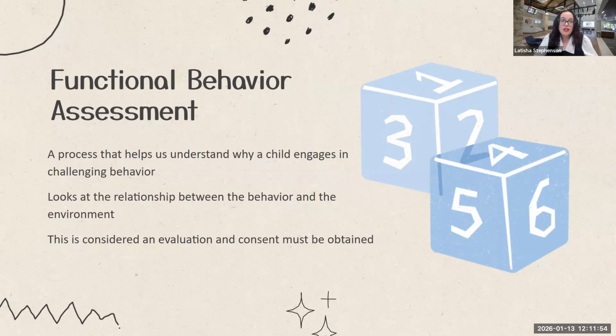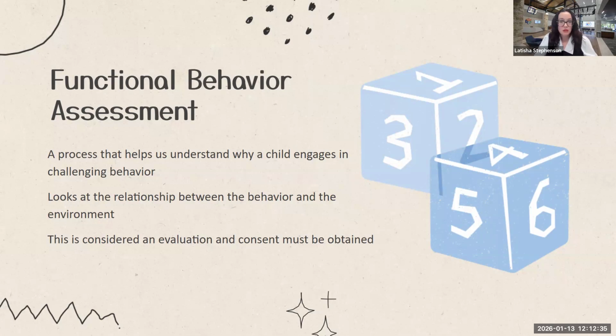It is also possible that multiple FBAs will need to be completed for a student, usually not one after the other, because usually we do an FBA, we determine what the function or why of the behavior is, and then we address those behaviors through that behavior intervention plan. But sometimes behaviors change, new behaviors come up, and it throws the IEP committee for a loop. And we ask each other, what has happened? What is this new behavior telling us?